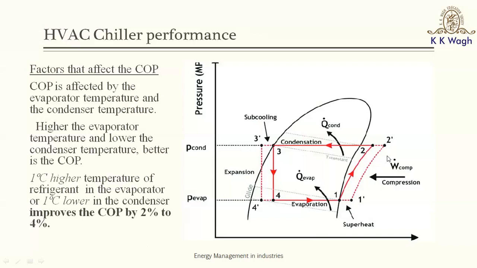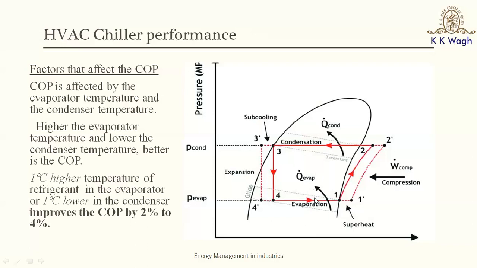If you look at this diagram, it would be clearer that if the condensation line and the evaporation line are far apart, the power consumption would increase; the work of the compressor would increase. So if you want to keep the difference between the condensation line and the evaporation line small, that is, the lift is less, then the power consumption would be less and the performance would be better. So how do you do that? One way is to increase the evaporator temperature.